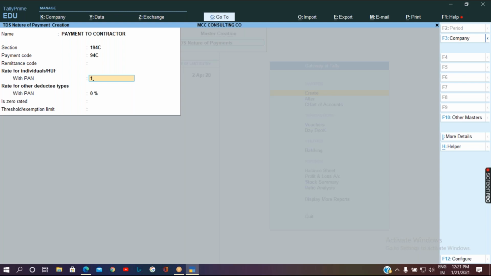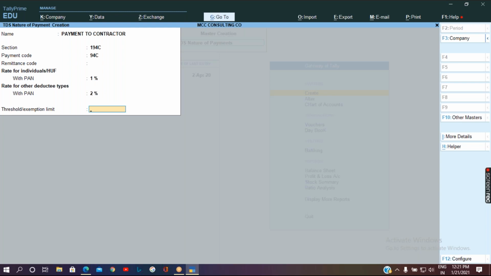So it says with PAN. Okay, I'll explain while creating the other masters. So with PAN it is 1%. And if it is other deductee types, that is nothing but company or any other type of person, then I'm supposed to deduct at 2%.